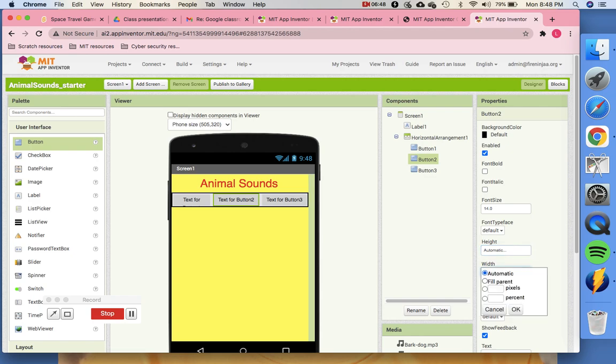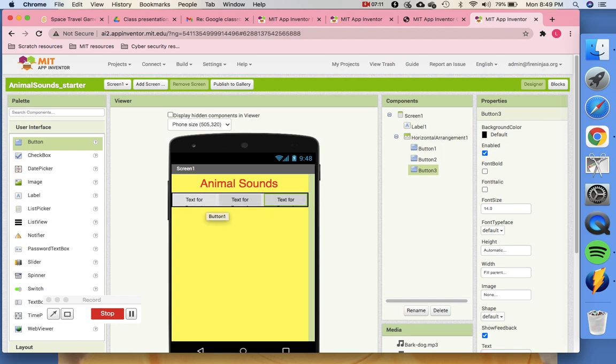Be careful. For the third one also say width as fill parent. Now automatically this will become 33 percent, because these 3 buttons together are filling the parent, so automatically they will align.